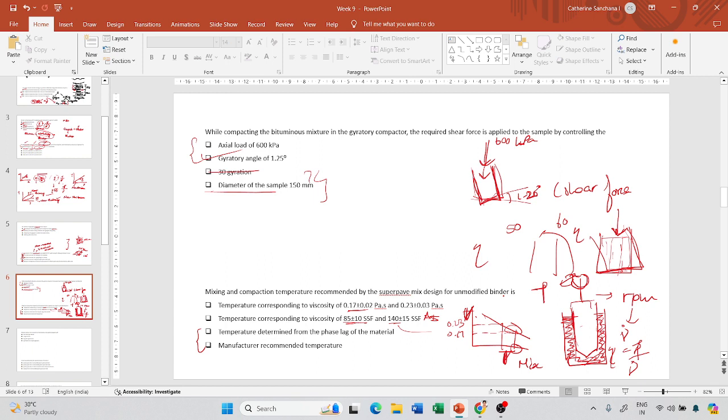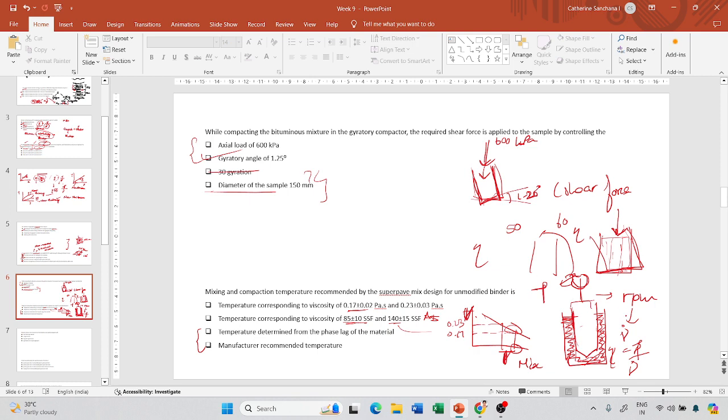Unmodified bitumen will exhibit non-Newtonian behavior only around 100 or 80 degrees Celsius, but modified bitumen will exhibit a non-Newtonian behavior even at a considerably high temperature. So in that case, you will go for the third method, or you will ask the manufacturer what you should do. In the case of unmodified bitumen,